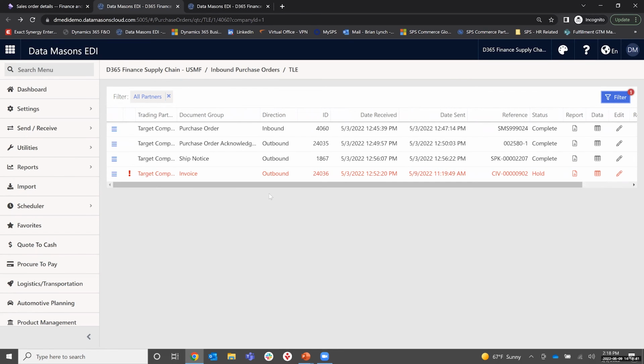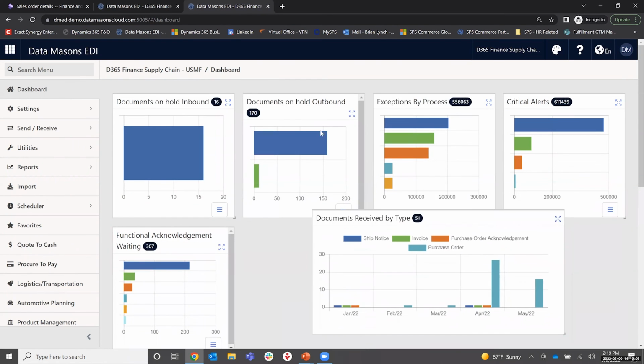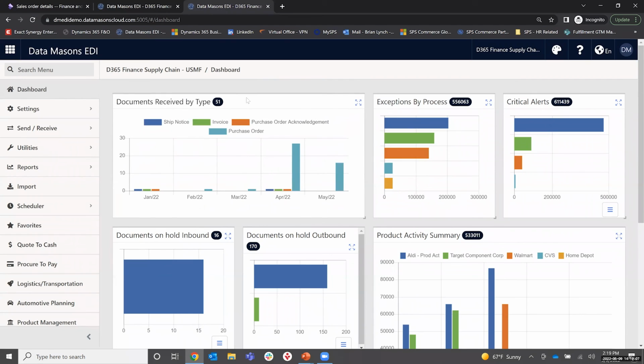Now, it's not uncommon for our customers to be processing hundreds, if not thousands of orders daily, and doing so really needs to be done in an exception management process. Now, when we do that, we really want to have a central dashboard that allows us that visibility. Here we can see my dashboard, which, by the way, I can personalize by dragging and dropping the information that's